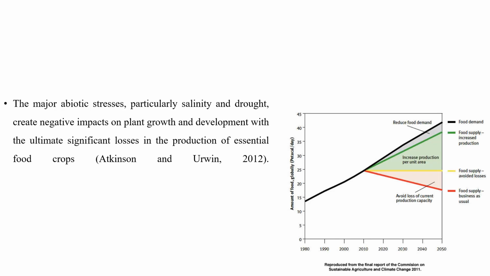So if we talk about the abiotic stress, particularly salinity and drought, they create a negative impact on plant growth and development with ultimate significant losses in the production of essential food crops. So we can see from the figures here the amount of the food globally that we need, but the projected